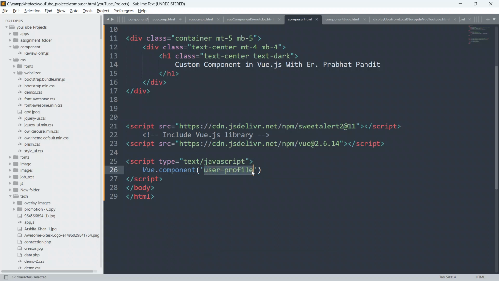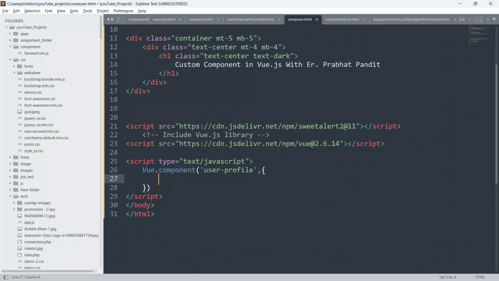Here I am defining the component name as user profile. Put a comma now, and give open and closing curly braces. Inside this you are free to define your properties, your functions, your methods, whatever you want to define inside this user profile custom component.